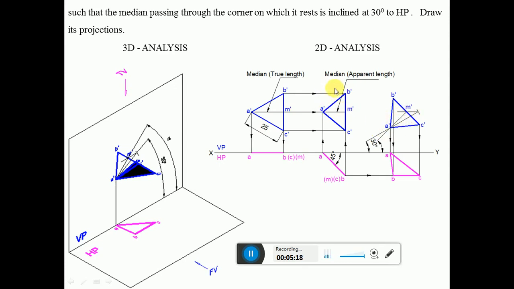On this line you rewrite the second position top view, second position front view, and write the third position top view, so that still the corner is resting on the vertical plane. So that is what we have shown in this also, wherein on the apparent length of the median we are getting the second position, third position front view. So on this, when you project onto the top view, you can see that the median still is inclined, and the corner is resting on the vertical plane. So this is how we can analyze this 3D problem.